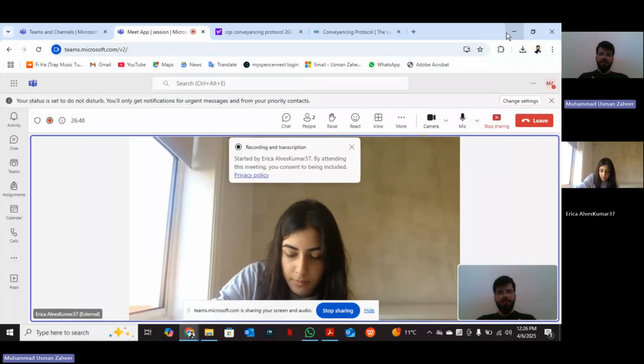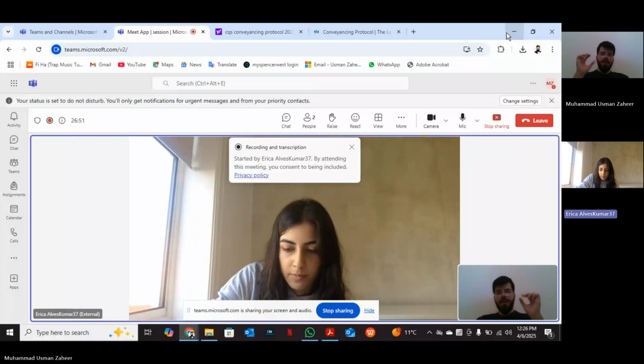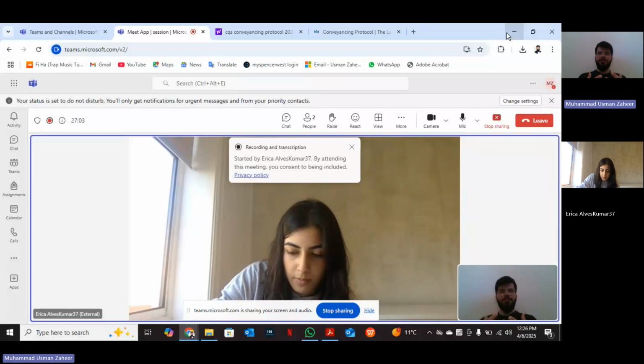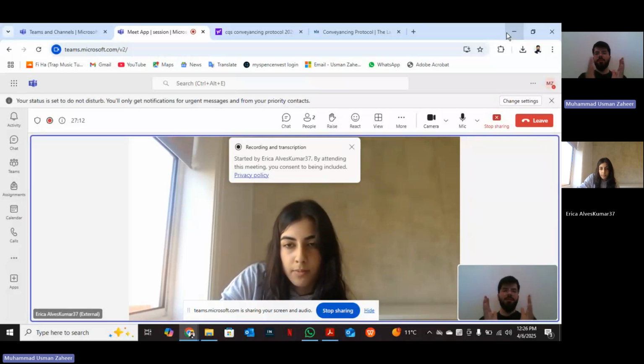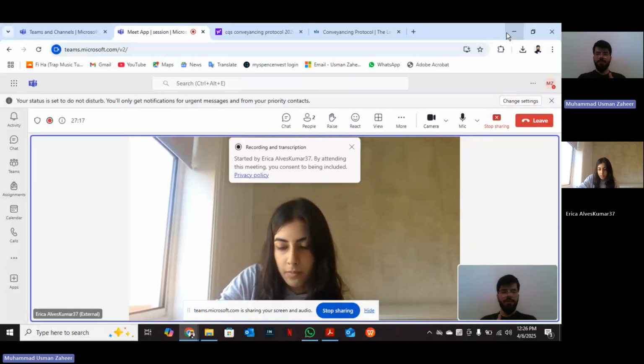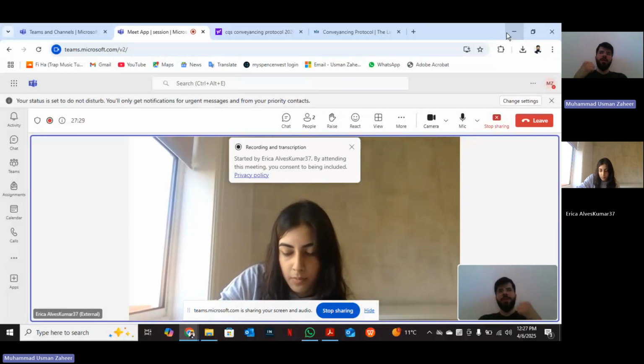You'd save it on file, and in the same instance, you would do the completions undertaking form, which is the TA13. The TA13 is basically stating information about completions. So once you're in completion stage, what's going to happen? It is what is mentioned within that form. So are the keys going to be left with the estate agent, or with yourself, or with the seller? And then where is the completion going to take place?